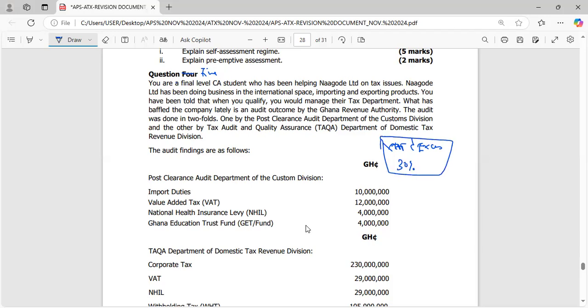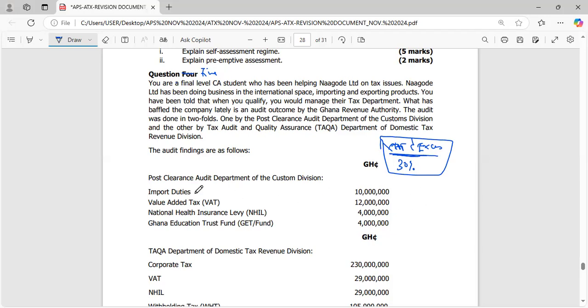Before they can be successful in this appeal, before they can listen to them, having proper documentation and those things is normal. But the examiner is trying to see whether you know this rule. So, apart from the documentation, definitely that's the conclusion you will do. I'll tell the examiner that before the company can be successful in their objection, the amount of tax